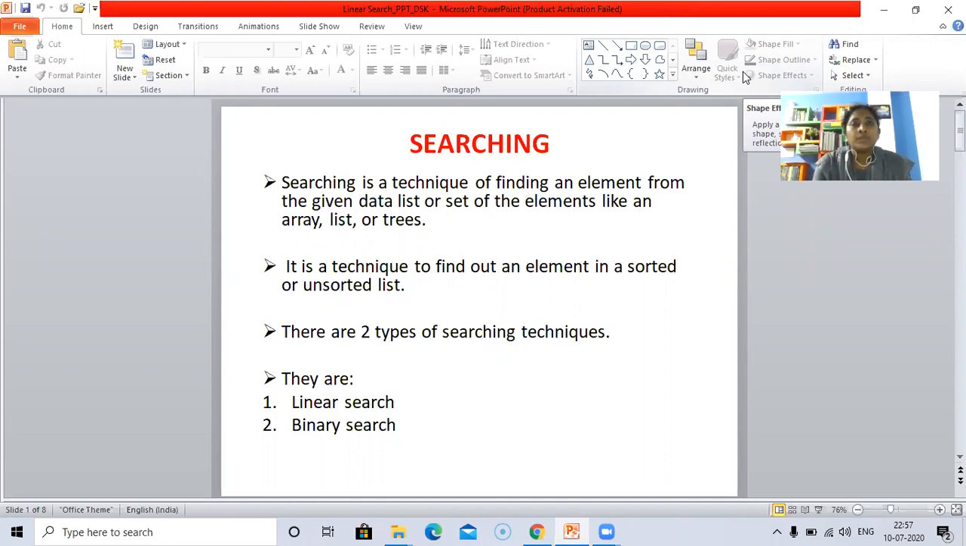Let's discuss the searching techniques in C. What is meant by searching and what is the purpose of going for a searching concept in C? Searching is a technique of finding an element from the given data list or set of elements like an